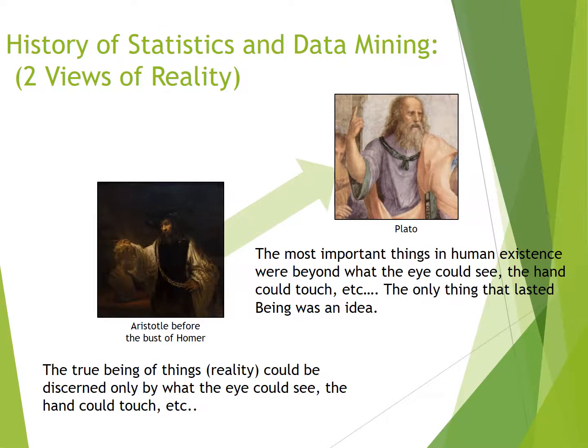Important to this study is the fact that there are 2 main views of reality. Of course, in your real life, there are other points of view, but in this area, the 2 main points of view originate from Aristotle and Plato. Aristotle believed that only things that can be observed, that can be measured by sight, touch, hearing, etc., were reality. In other words, tangible reality.